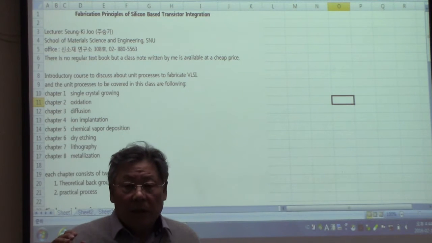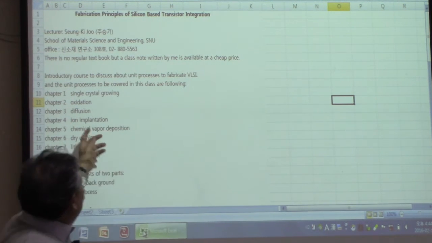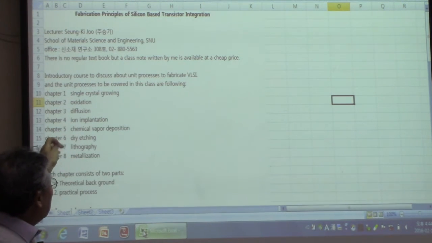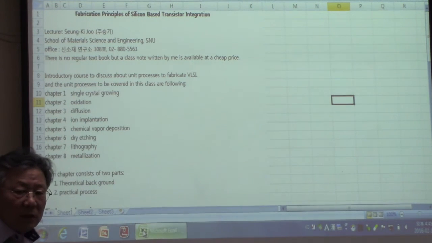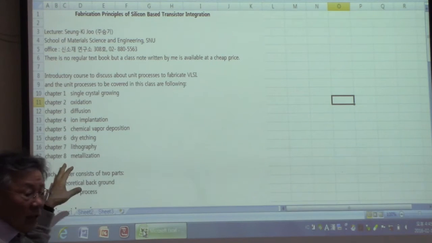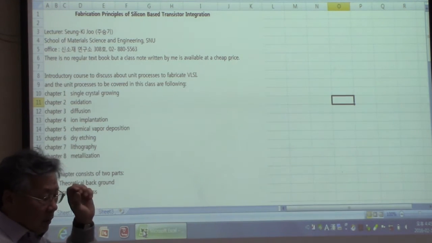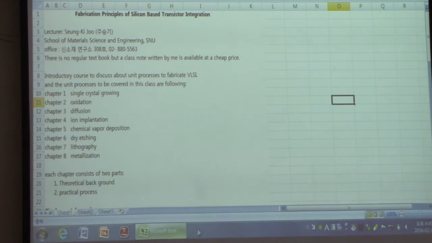This course consists of 8 chapters, and it starts with single crystal growing, oxidation, diffusion, ion implantation, chemical vapor deposition, dry etching, lithography, and finally we're going to discuss the metallization. And all 8 chapters are the unit processes for VLSI fabrication. And each chapter consists of 2 parts. Okay,